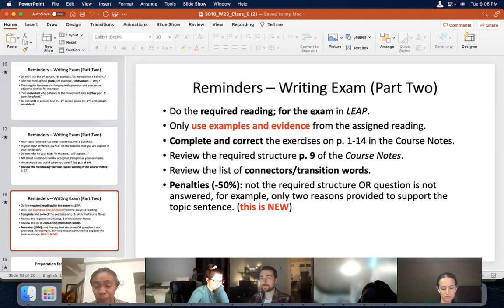Do the required reading for the exam. If you do not do your readings and you try to wing it, it will not go very well for you. Only use examples and evidence from the assigned readings. And some of you do this: you don't know the readings very well, so you use examples from your life. And you could say, well, Patrick, what's the problem with that? The problem is